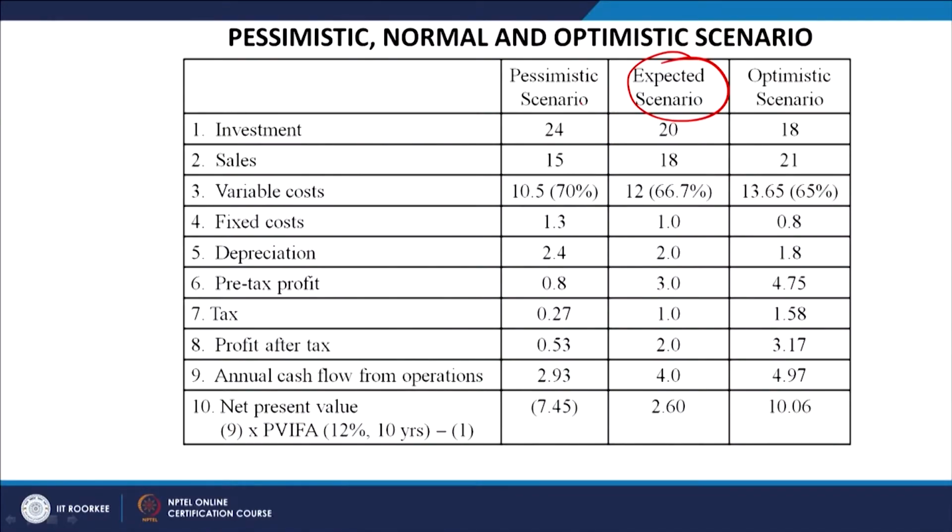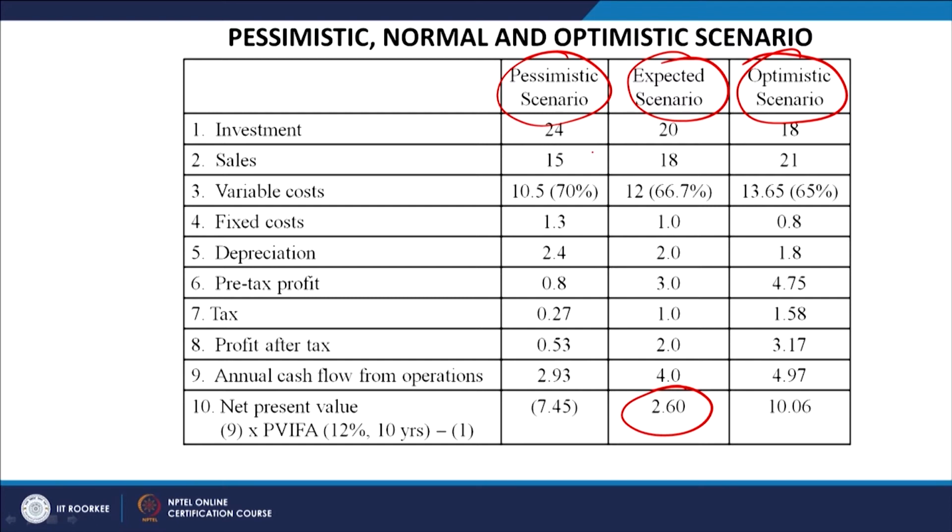Then we go to the second technique, and the second technique is the scenario analysis. As I told you, when we apply the scenario analysis we create these different scenarios. This is the expected scenario we have already created, and this is the NPV we have already found out, right. This is called the pessimistic scenario which is created here, and this is the optimistic scenario created here, right. And in this scenario you look at that all the variables are changed.